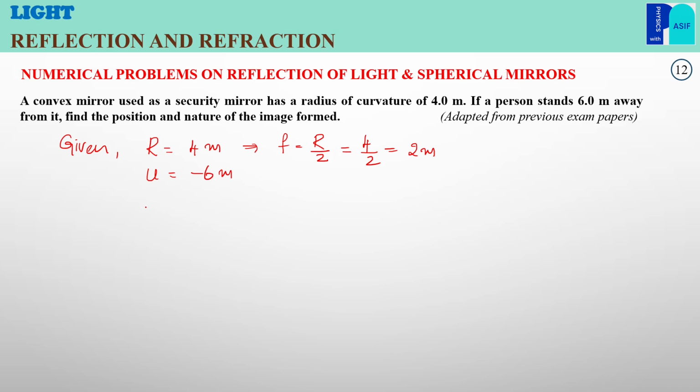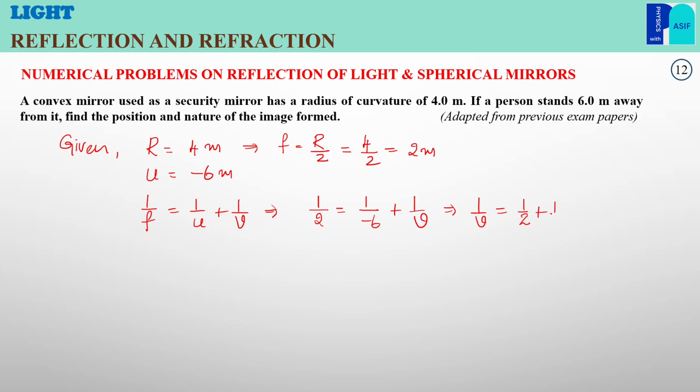And we use the mirror formula now, that is 1 by f is equal to 1 by u plus 1 by v. From this we find out the position of the image, that is the value of v. We substitute the given values, that is 1 by f, 1 by 2, is equal to 1 by u, that is minus 6, plus 1 by v,